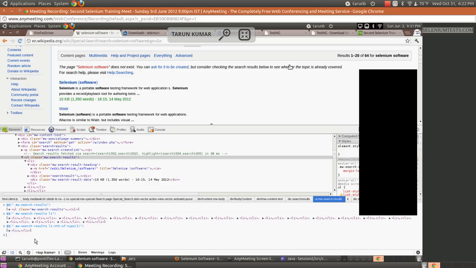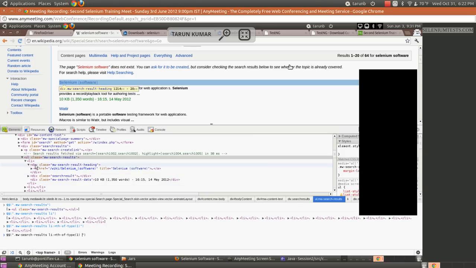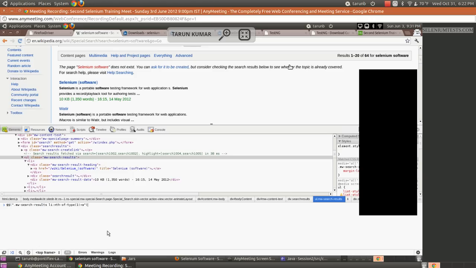Now we want to bring control on the anchor. If you see the anchor, it's not the direct child of li, so we cannot use it with the arrow which we discussed earlier. Since it is inside li you have div and then you have anchor, so it is a second level child. So give some space and then type anchor. Yeah, here comes the link. Do you guys see that? So we can bring control like this on the first anchor element. This is the CSS selector. Now we will use this CSS selector in our test.